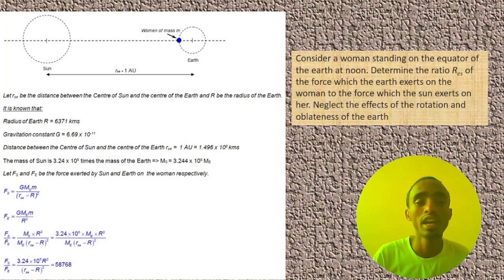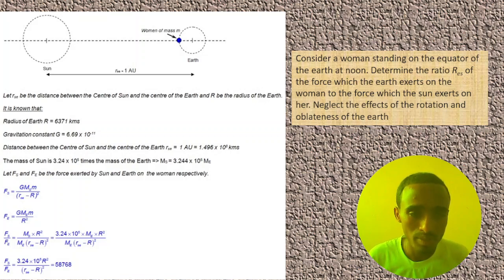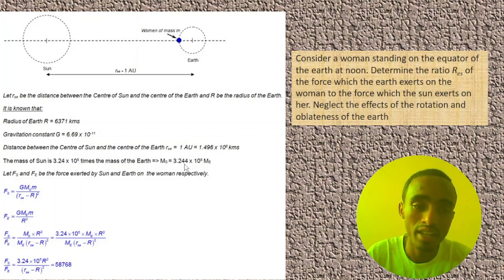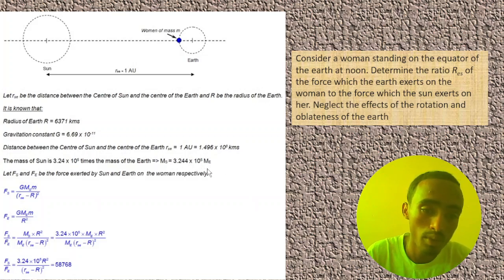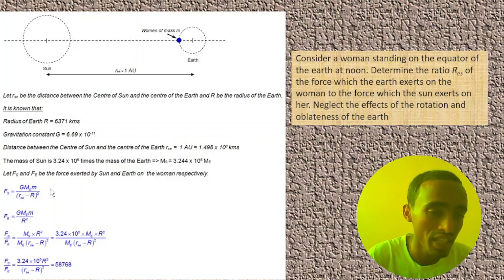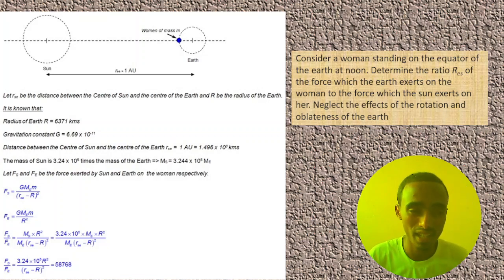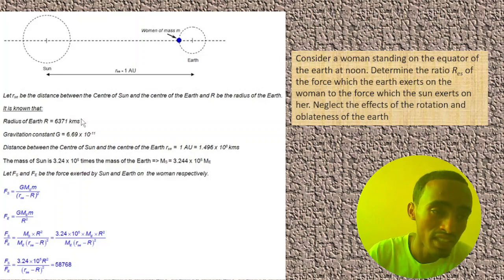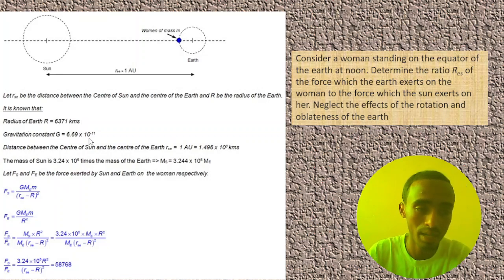And the mass of the sun and the mass of the earth are already known. The mass of the sun is 3.246 times 10 to the power of 5 times the mass of the earth, which means the sun is a very massive substance compared to the earth. And we can take the ratio of the two forces, and we can simply calculate our desired answer. The radius of the earth is also given, and the gravitational constant is also known. It is 6.67 times 10 to the power of -11,